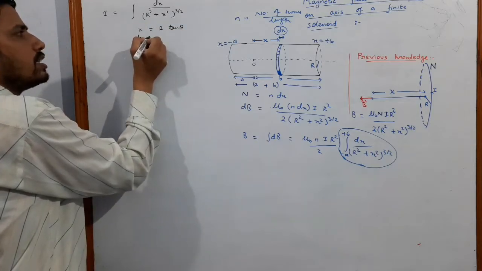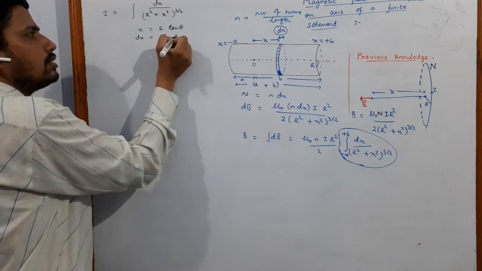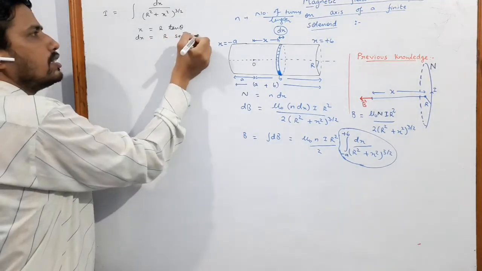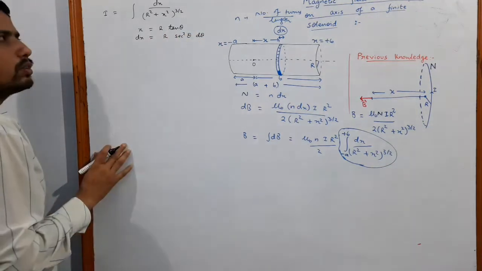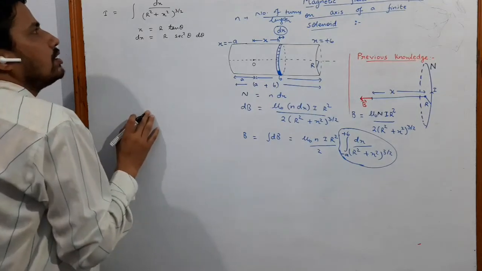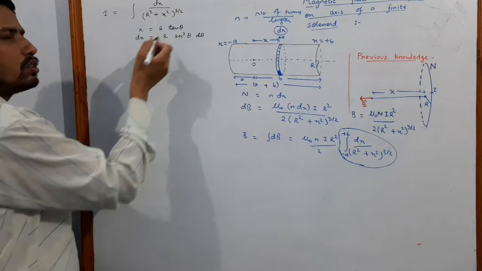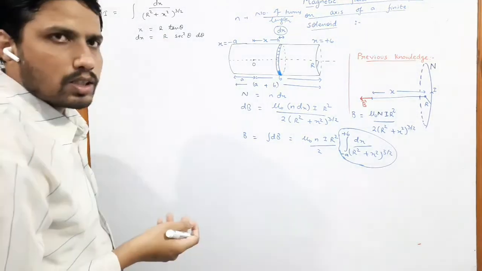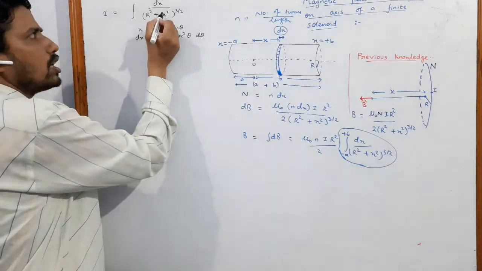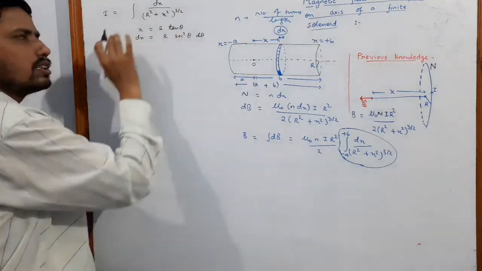So differentiating, we'll get dx is equal to r sec square theta d theta. Now you might ask, sir, why did you put r tan theta? You can equally well put r cot theta also. If you put r cot theta or if you put r tan theta, in either case you will get the